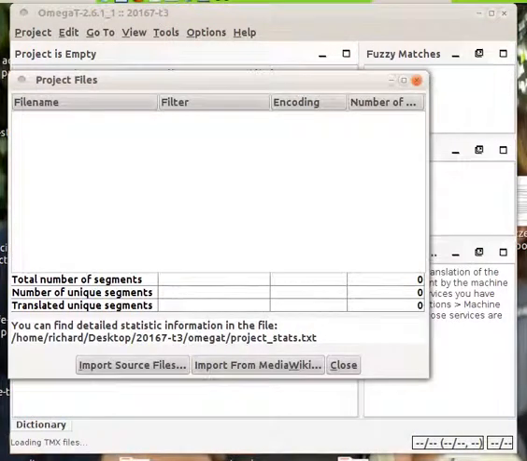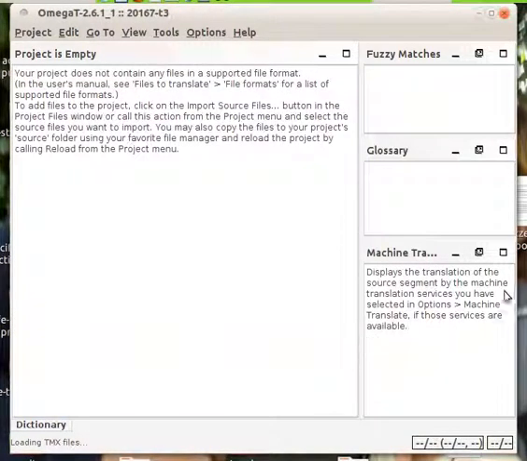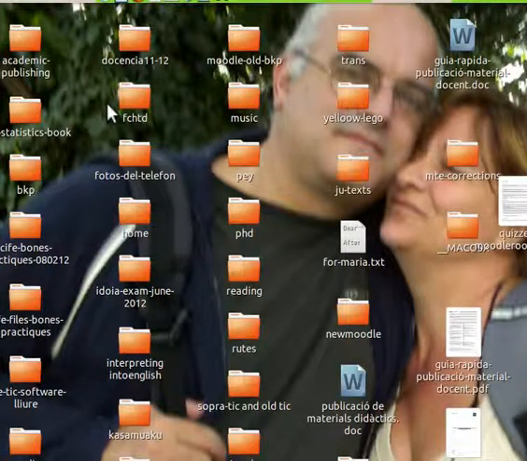So that creates a new project, and you can see the project name here at the top, and nothing's been imported. Now, if you remember the source web page I've already saved. It's here in this folder, and what I'm going to do is copy the stuff from there into here's my